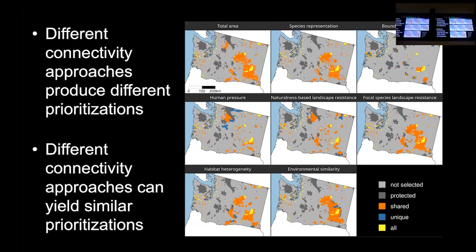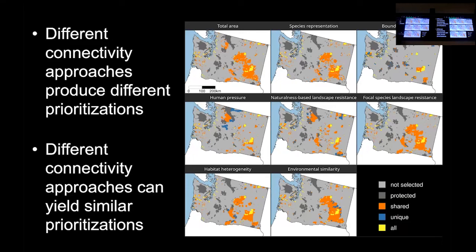We have a human pressure approach, which is the idea that species have a harder time dispersing through human modified landscapes. So if you have a greater degree of human modification, then that forms a barrier. Here we're trying to find connected areas that have low anthropogenic impact. This is a similar idea, but instead of just using broad scale human footprint indices, this is specifically based on the species in the study area. So knowing that maybe roads aren't as bad for other species, we weight them differently, and we can see some similarities here.